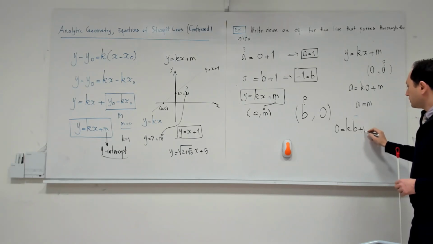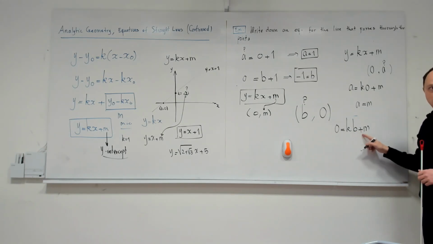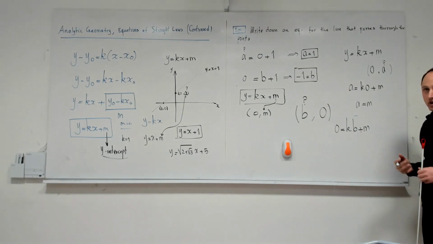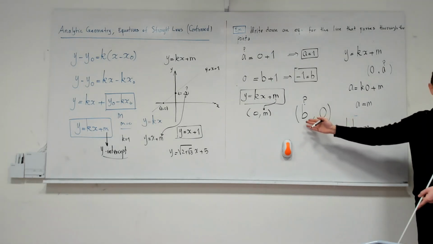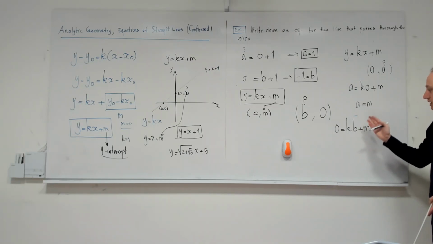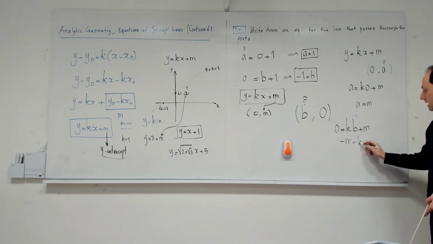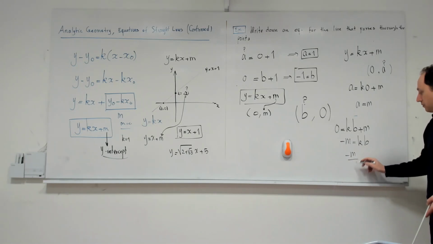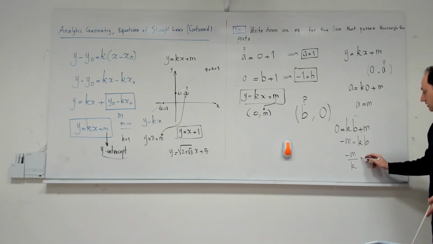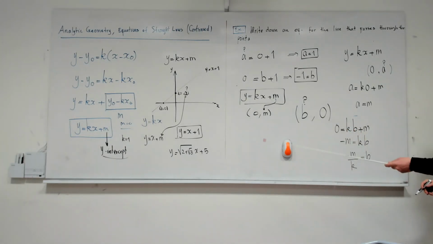Don't get confused. I am looking for what? There are how many unknowns in this equation apparently? k, b, and m. But which one is my subject now? My subject is b. So I assume that everything else is known. So I have to make my subject alone. So I move m to the other side. Minus m is kb. And then I want to make b alone, so I divide by k. So this becomes minus m over k equals to what? b. And so this is why people don't talk about the x-intercept, because the formula is a little bit complicated,